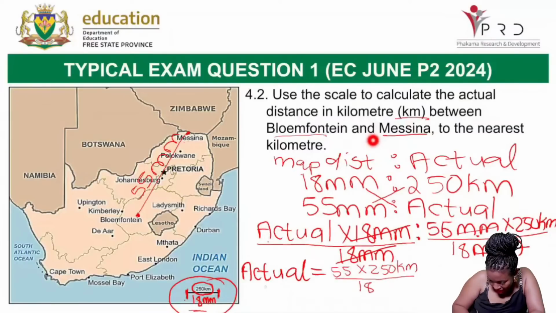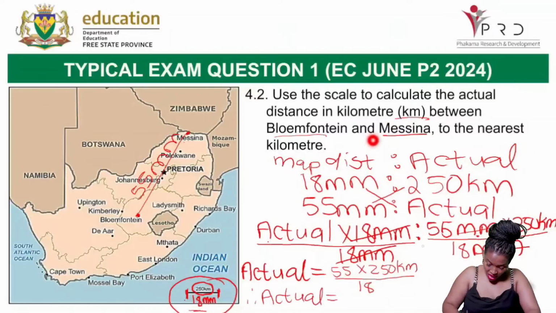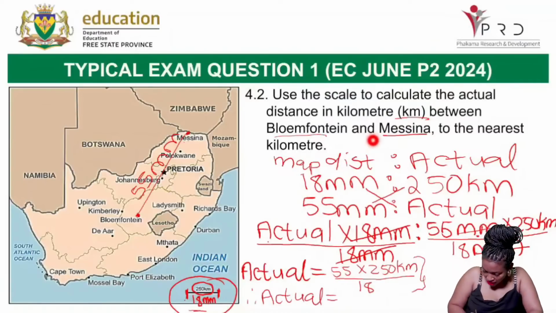By 18. So the actual equals, we are going to punch it in our calculator. Punch this in as it is. We are going to say 55 multiplied by 250, and then you divide everything by 18. The answer that I'm getting is 763,888